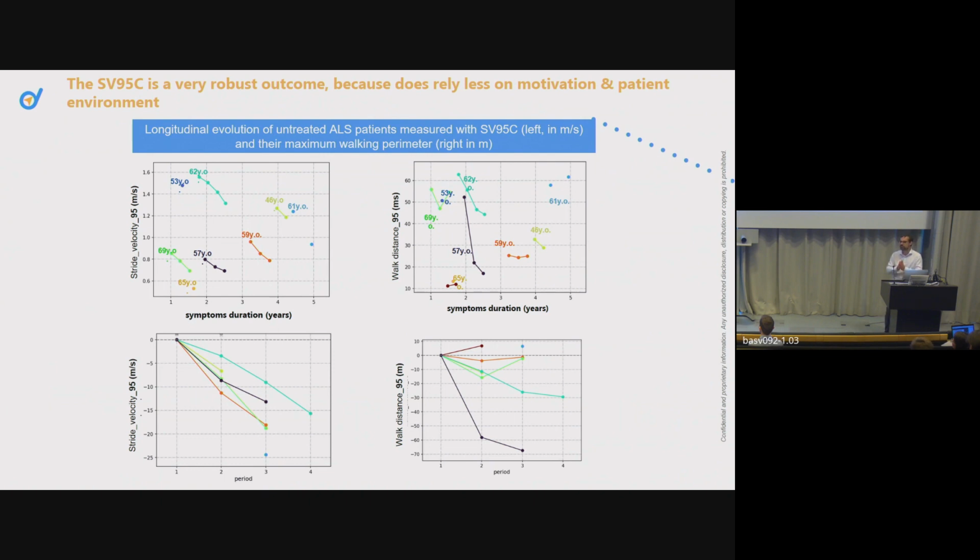The walk distance is really what you would call the walking parameters, and we took the 5% longest walk that the patients were doing. Here it is in absolute terms, and here it is relative to the baseline. And you can see that relative to the baseline, the walking parameter is actually not,